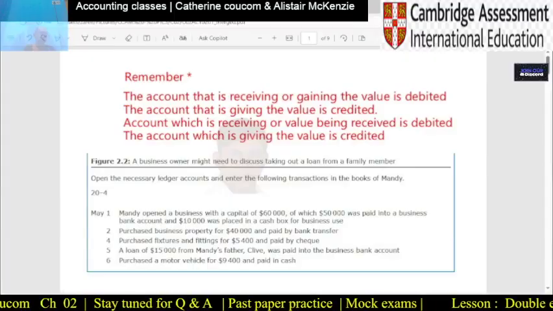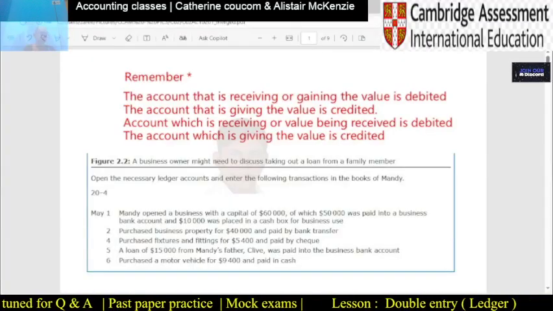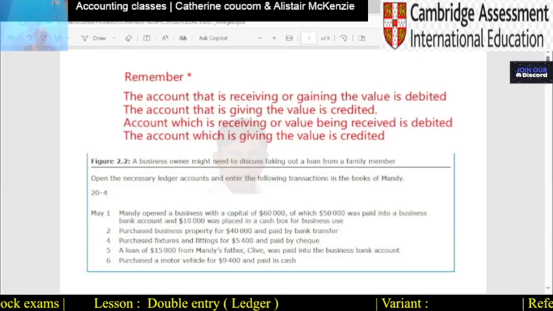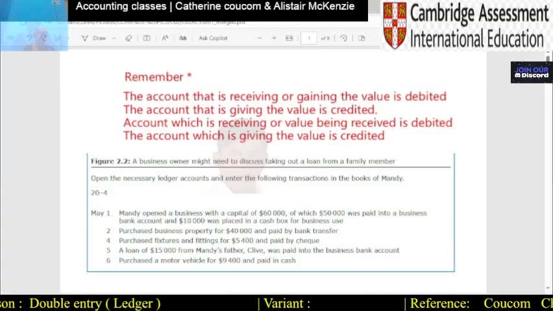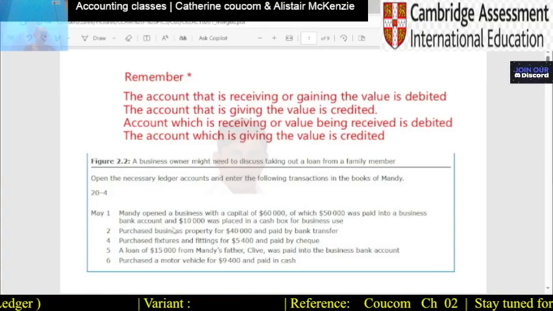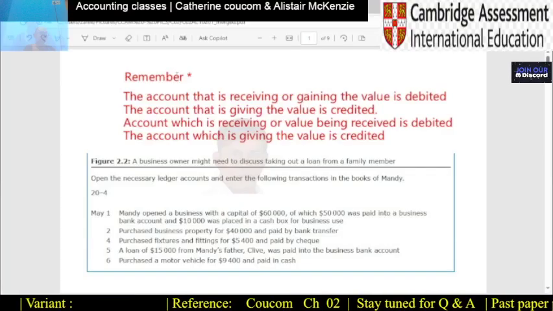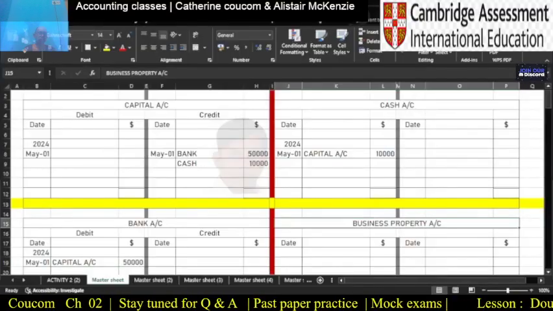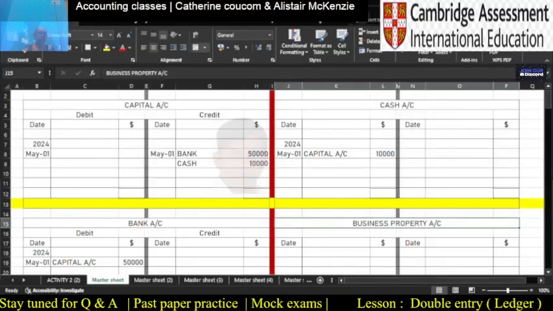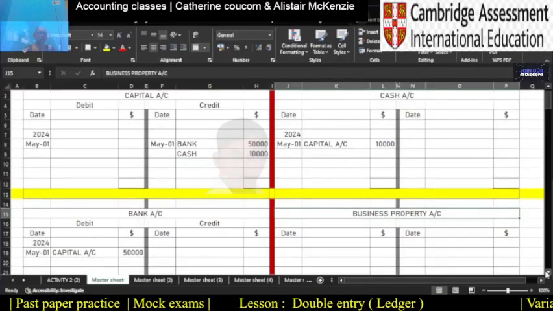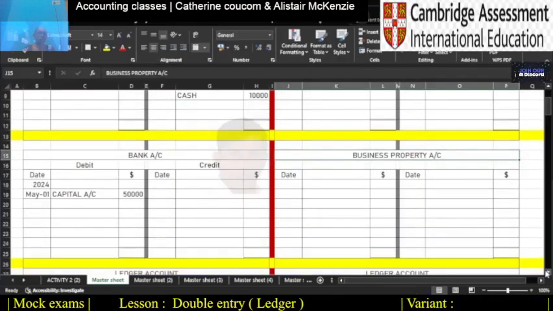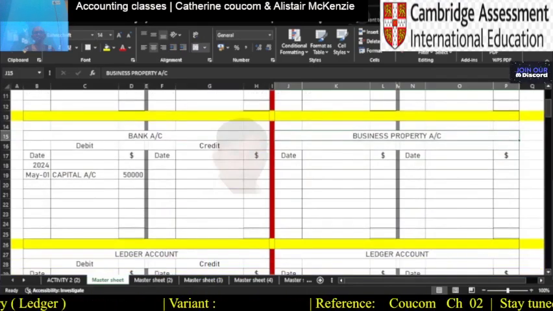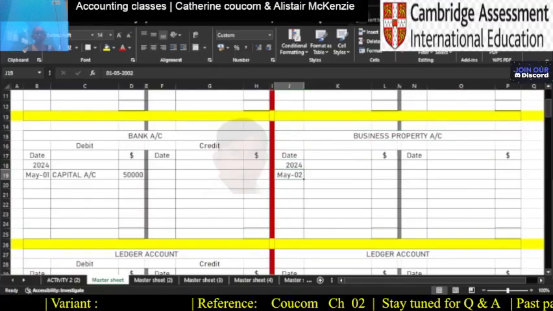Next, purchased business property for 40,000 and paid by bank transfer. That is on May 2nd. So May 2nd, business property account. We have to open the business property account. So what has happened? Business property has received